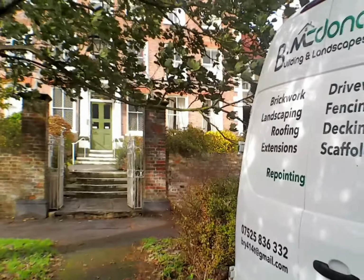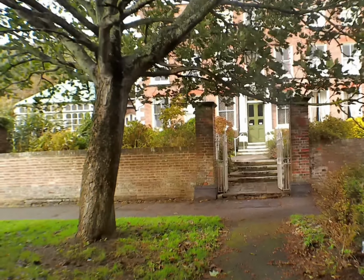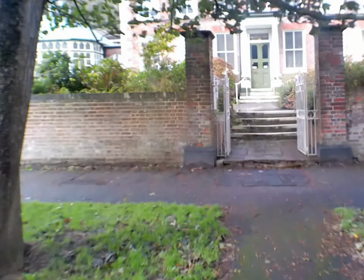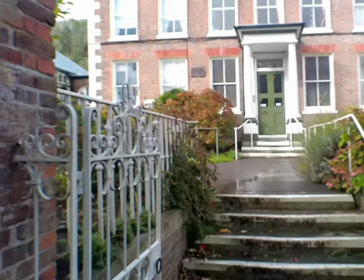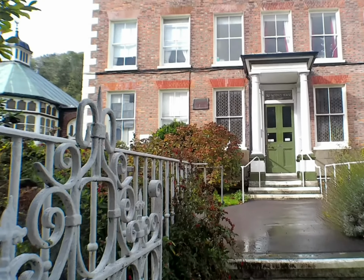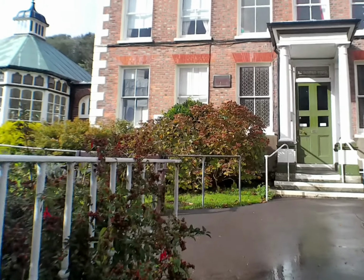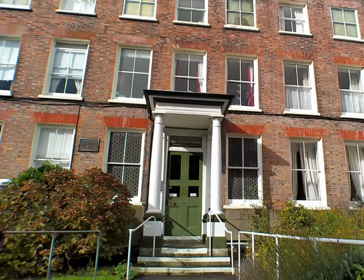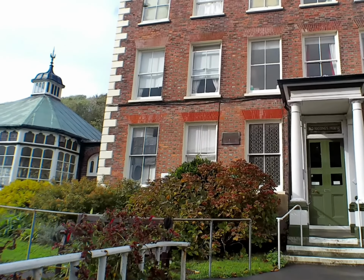I'm going to turn you around, and there we have it. Hastings House, old Hastings House, and that was John Collier's residence. We'll zoom in on that a bit more. I don't believe anyone does actually reside in there, but we've got a plaque on the wall. I've taken a photograph of that. It confirms it. And there it is, Georgian built, gorgeous building. And that's his main residence, and that's where his family grew up. And he administered a lot of his